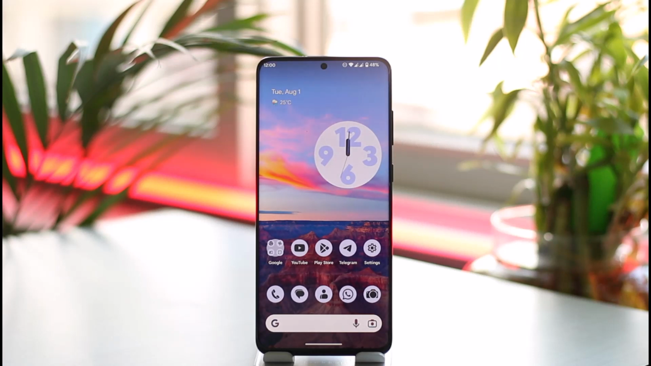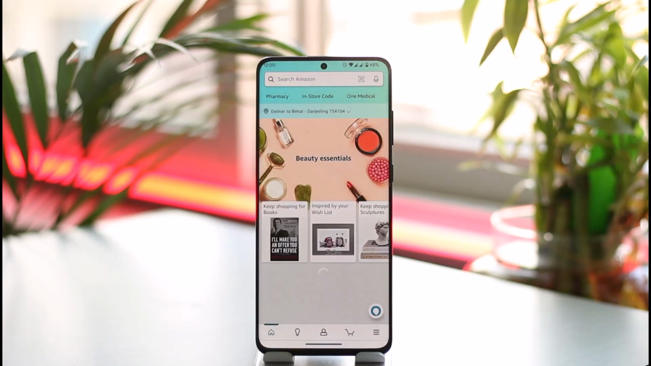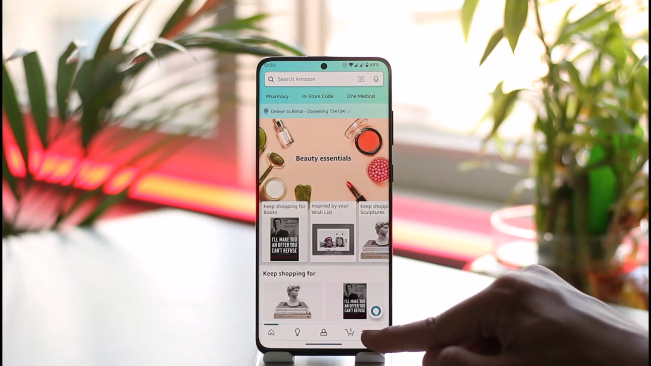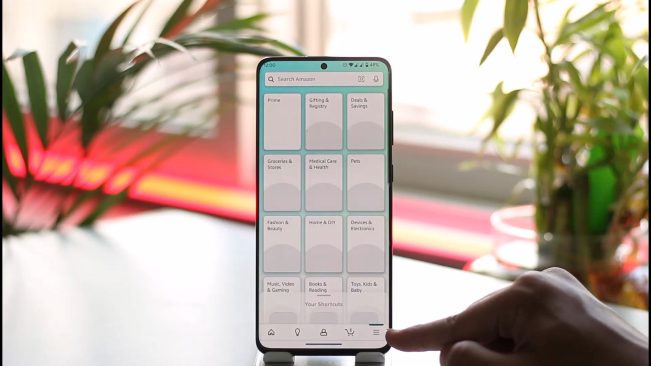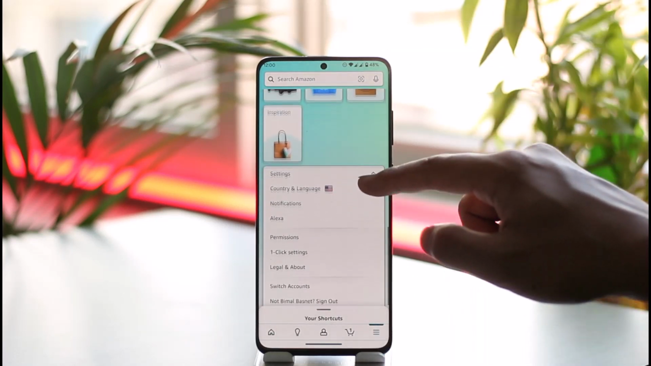In order to change currency on Amazon app, all you have to do is go ahead and first of all make sure to launch the Amazon application here. Then after you've done that, tap the three lines option from the bottom right of the screen. Once you tap the three lines option, scroll down to the bottom, go to settings, and then just go to